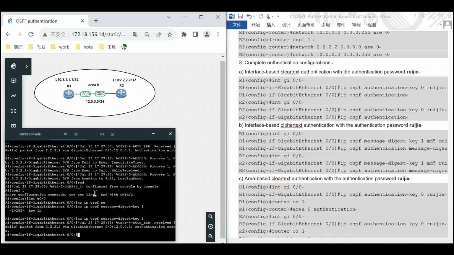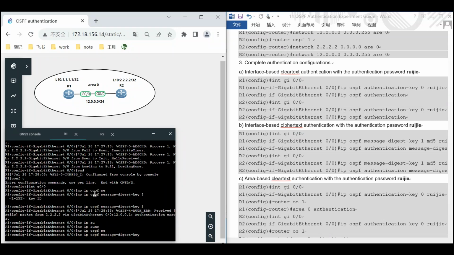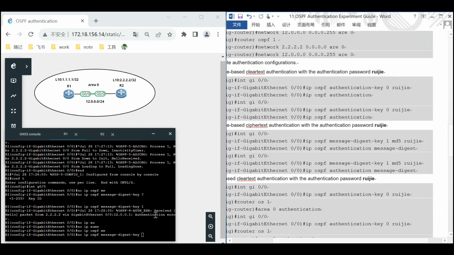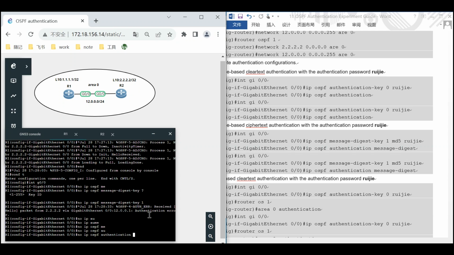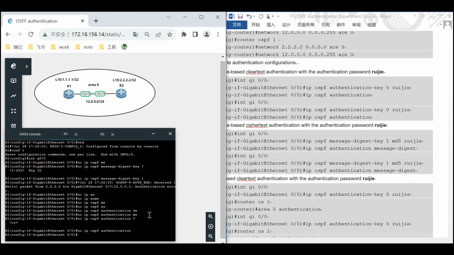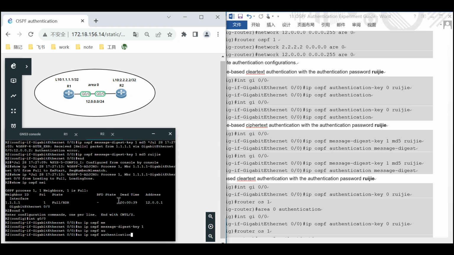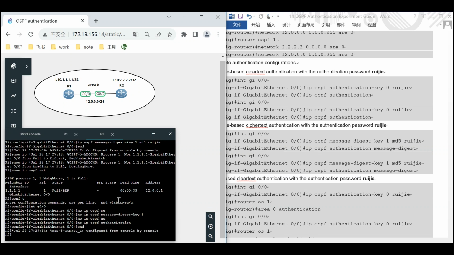And then to disable the IP OSPF authentication message digest, okay. So enable the IP OSPF authentication and then no IP OSPF authentication. Okay, after this, actually, we disable the authentication function on our interface,